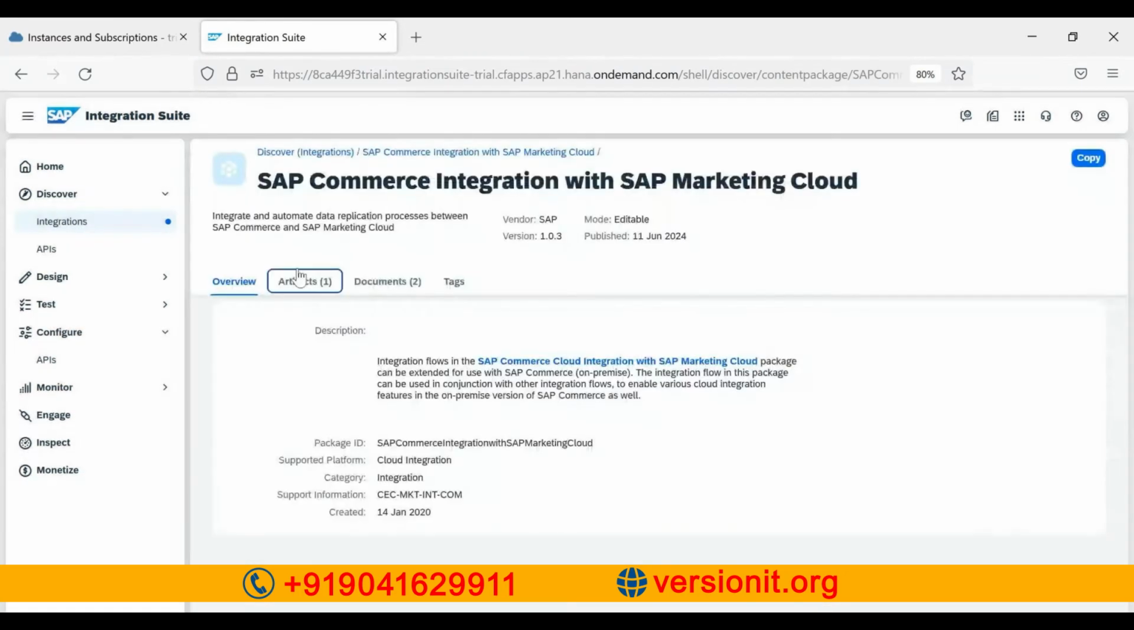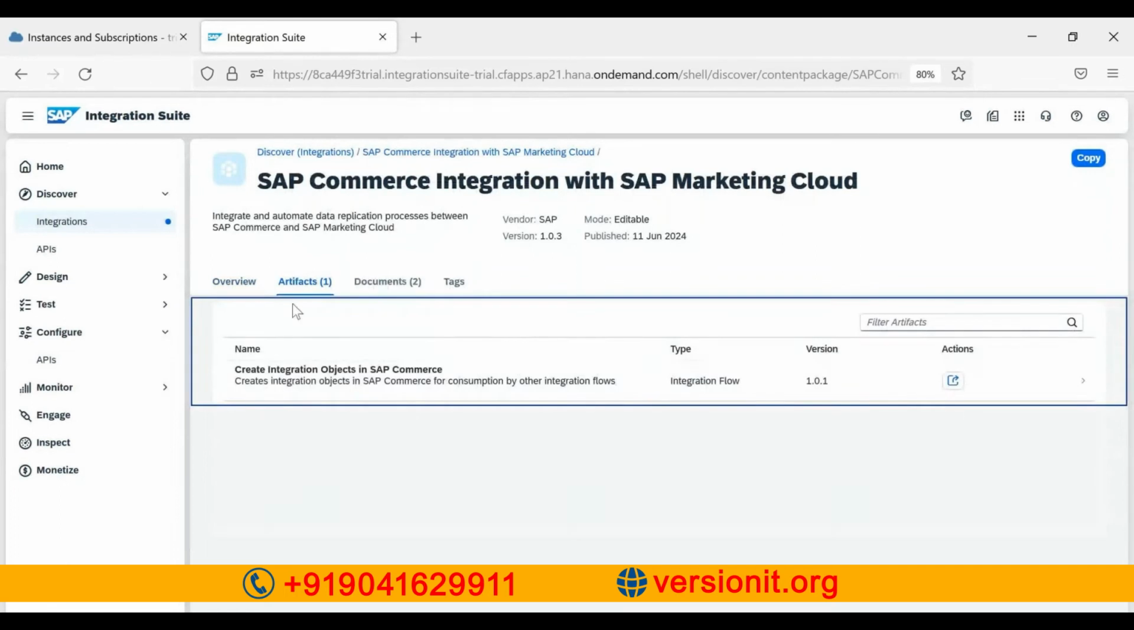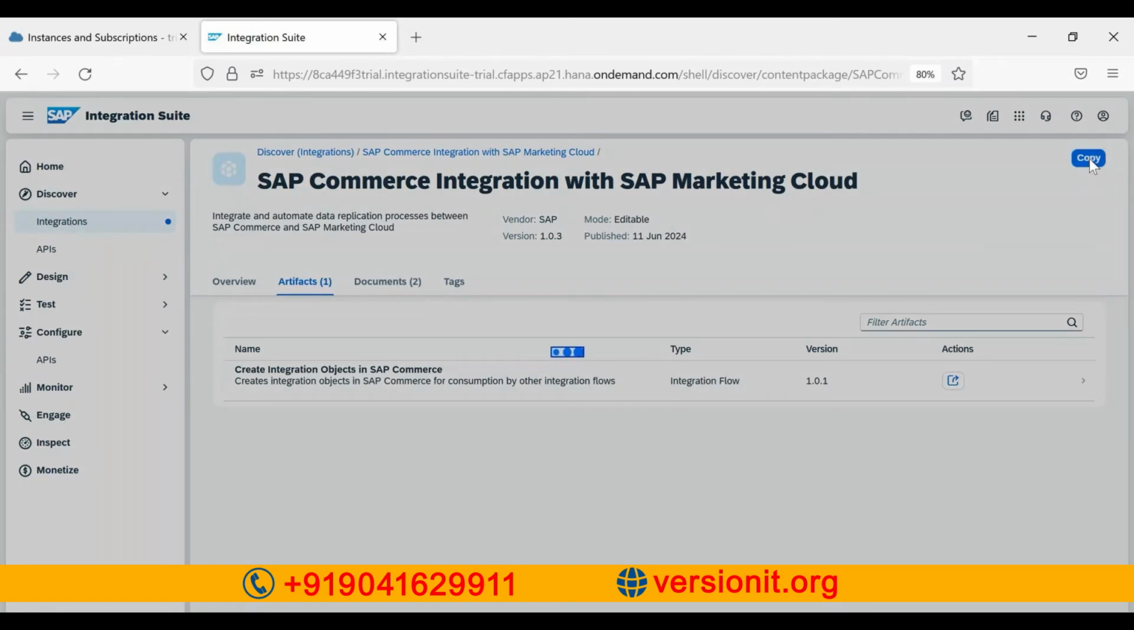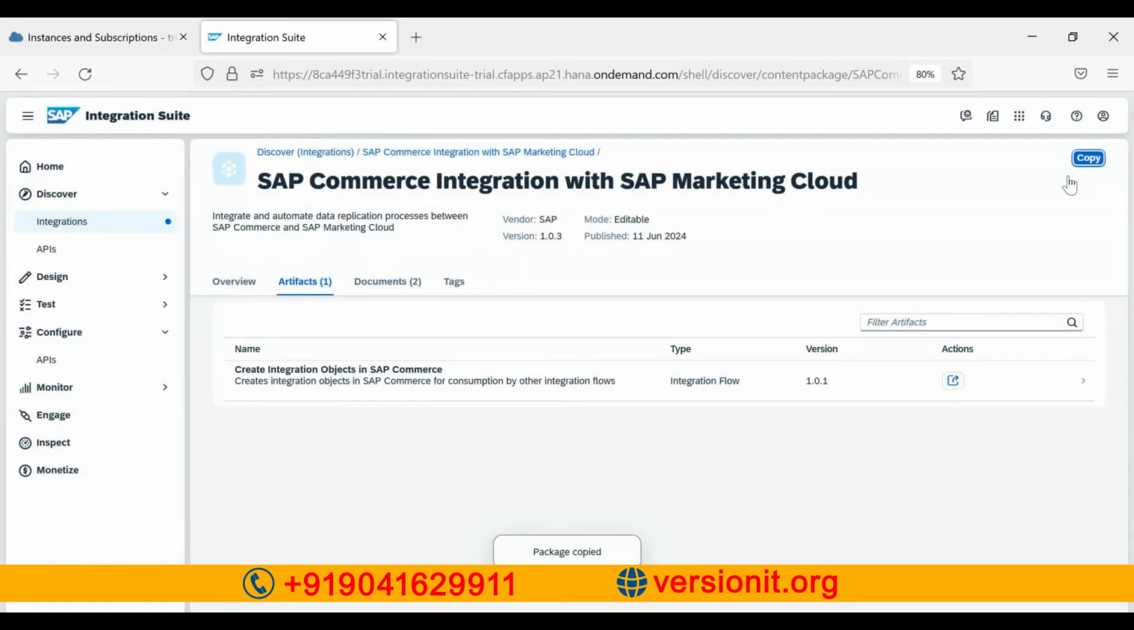Now, because it's a predefined integration, which means it's already created by SAP, there is no need to build this integration, we just need to configure. So how we can configure is, we can just click on this copy, and what it will do is it says package copied, which means this standard package has been copied to our account. So to check this package, we go to design tab